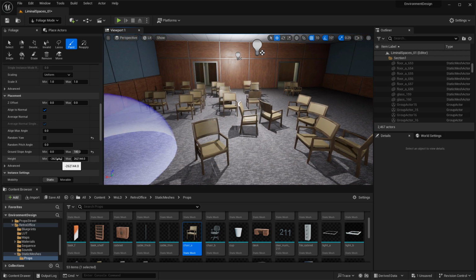Then you have your height. This will control the height in world units in the world where you can paint on. So for us, it does not matter at the moment because we're not painting on a landscape. Usually when you have a landscape above certain distances, you may not want to paint specific type of foliage. Like, so let's say grass cannot grow above maybe specific units in height. So you can occlude this, or you can limit where the static meshes get painted on in terms of the